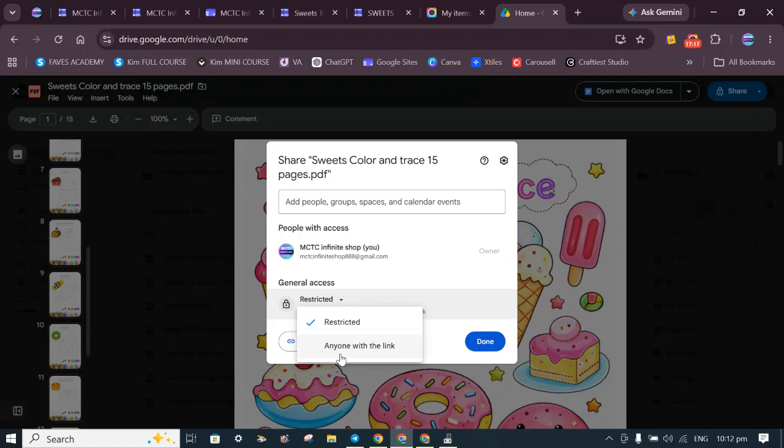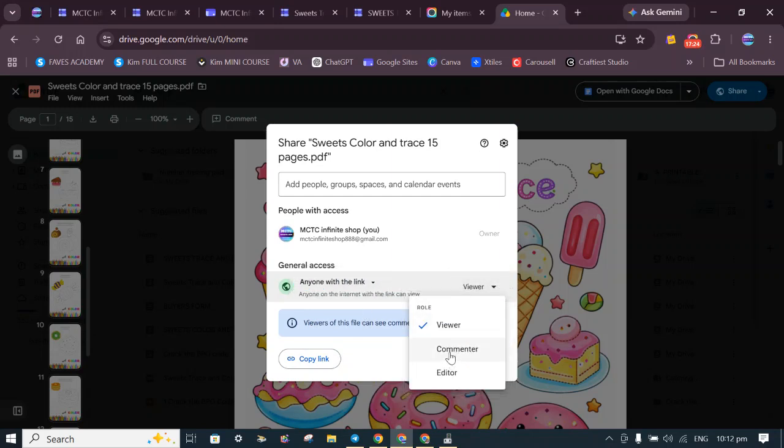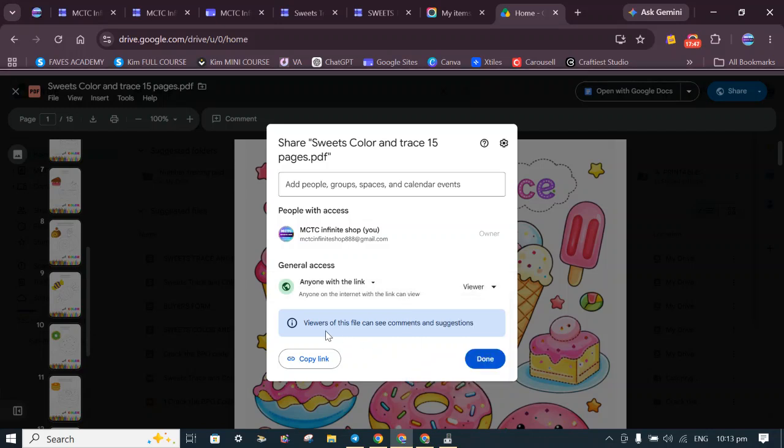So in order for your buyers to see it, click or choose the option anyone with a link there, and then make sure it's viewer, or you can choose commenter if you want, but do not ever choose editor, because once you choose editor, there's a possibility that the customer would delete the file itself in your Google Drive account, using their own Gmail account. So don't. So just put it as viewers.